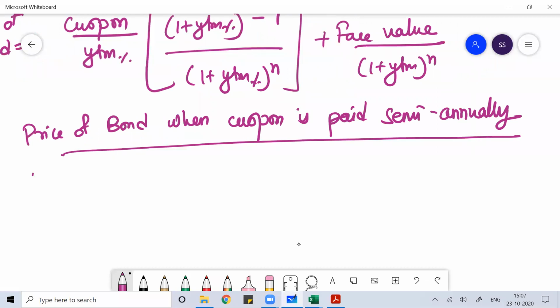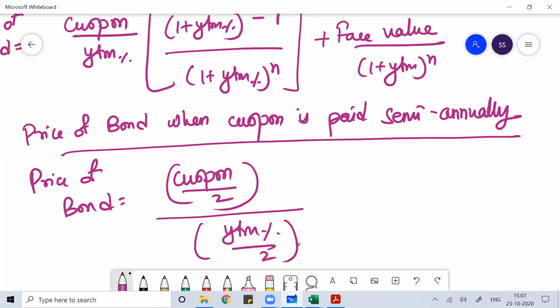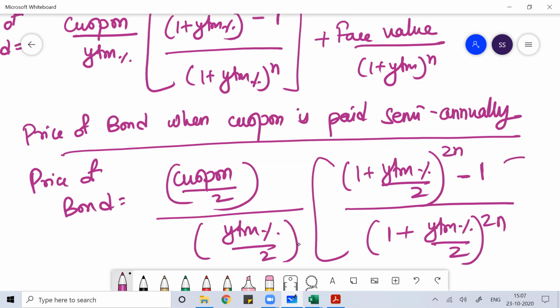The price of the bond formula is coupon divided by 2, because it's paid half yearly, divided by YTM (given in percentage) divided by 2, into (1 plus YTM divided by 2) to the power 2n minus 1, divided by (1 plus YTM divided by 2) to the power 2n,